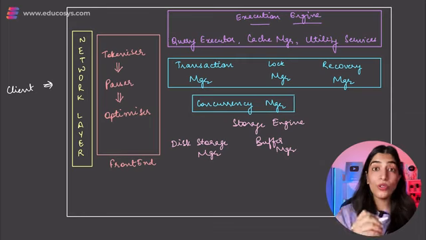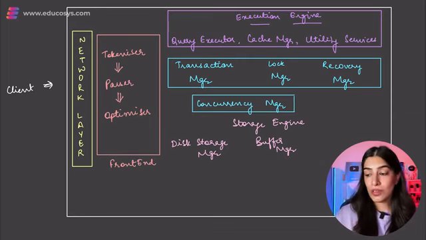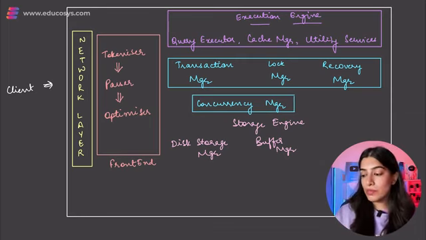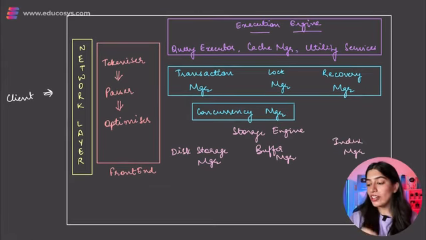I will actually show you that, see, by this many times we are actually improving the efficiency. So it's going to be amazing. But over here, the main point is that we need an index manager as well. In short, storage engine is the core of our database, and it takes care of disk storage management, buffer management, and index management. It also takes care of a lot of other things, but these three are its main